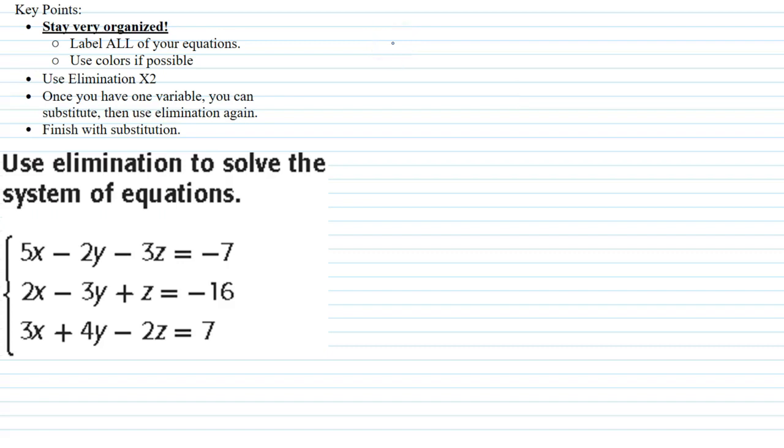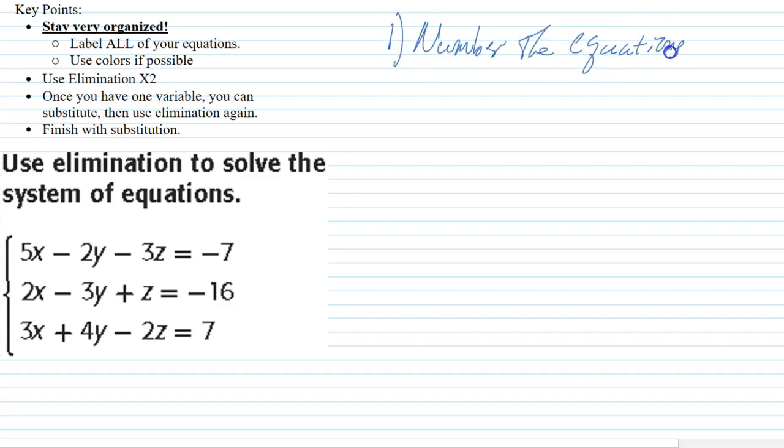Our first step is you need to number the equations. So I have 3 equations. I'm not going to do anything fancy. We're just going to say this is number 1, number 2, and number 3. It has nothing to do with the actual math. It's simply to stay organized. Then step number 2 is to